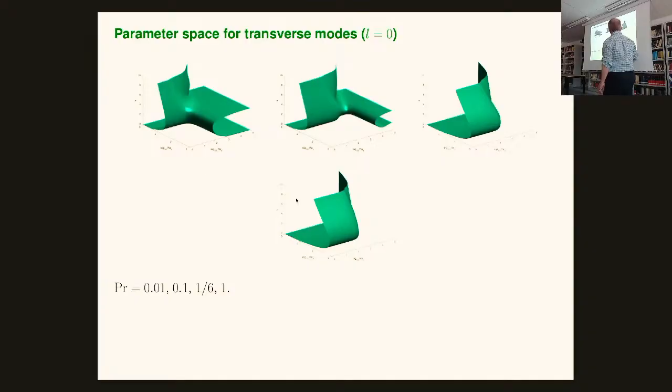But as you increase your Prandtl number here to here to here to here, you completely lose this. And so you only have instability in a kind of convective type setup. You lose this horizontal instability. Or maybe you don't. Does this go away to infinity or does it just vanish completely? That's the real question at the moment. So those are the transverse modes.